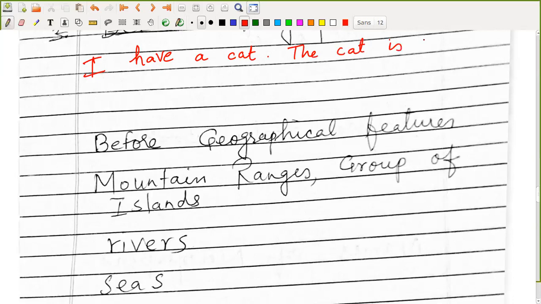The cat is black in color. So you have to remember when you are writing a paragraph and you repeat the same noun. Before the first noun you are using a, but when you repeat the same noun, then you use the before the second time you use it. If you are using the same noun twice, then the second time you have to use the. Is it clear what I'm trying to say?